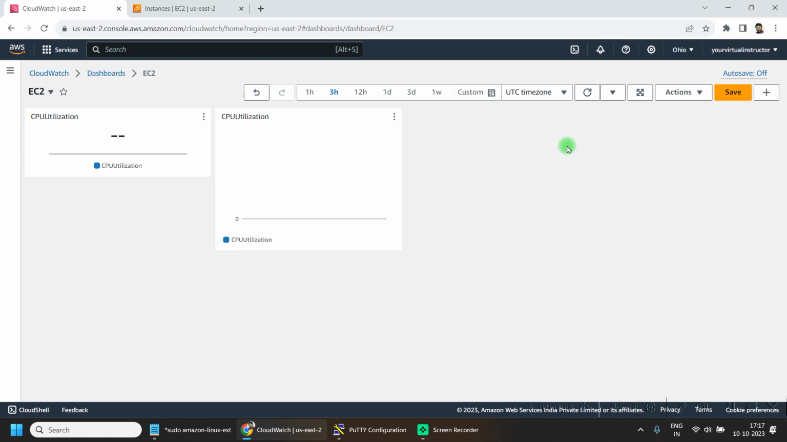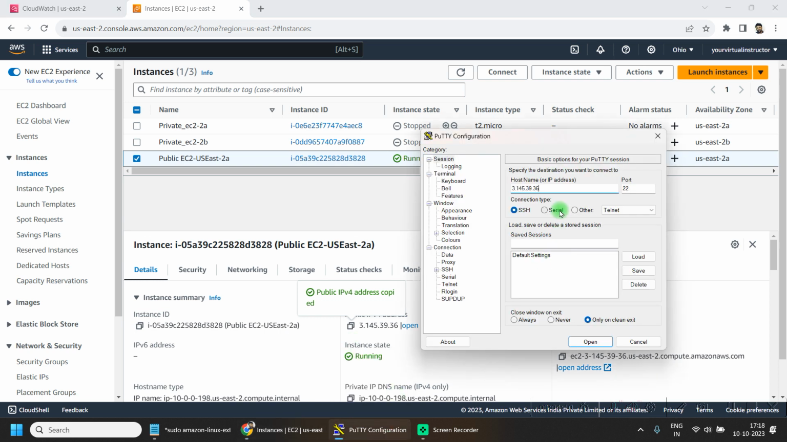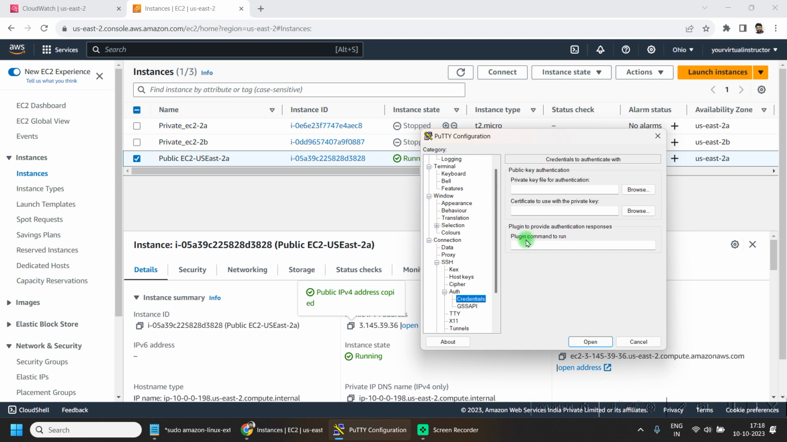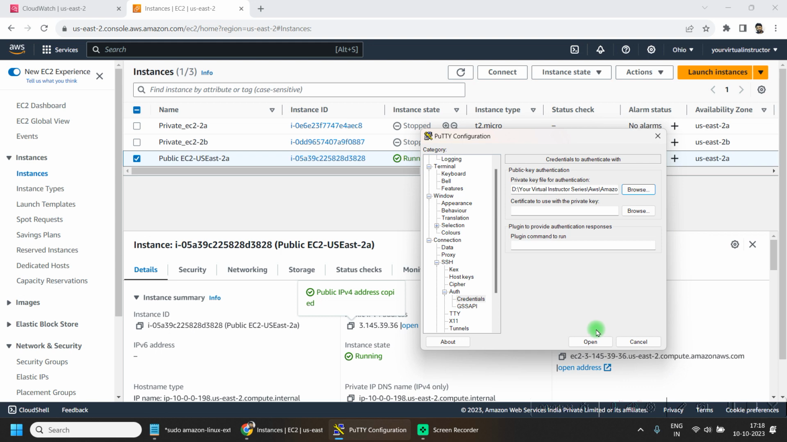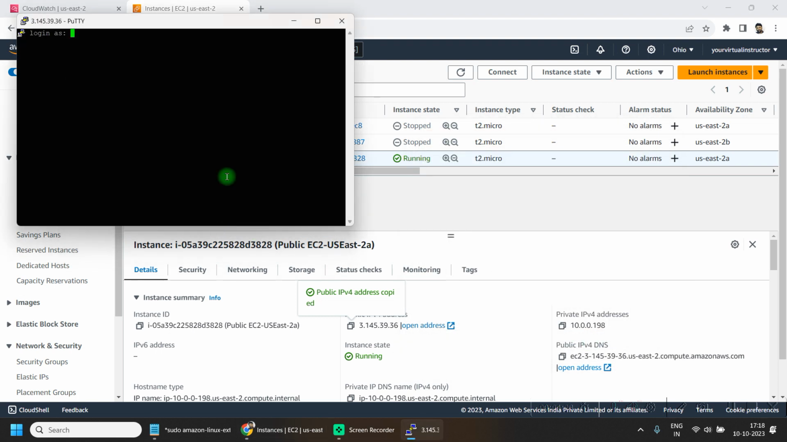Now we have to generate some data to be visible in the graph. So for that, let's go to the EC2 dashboard. Here let's copy our public IP, and here let's open the PuTTY client, and from the left hand side menu click on SSH, go to the auth credential, and here select the private key file for authentication. Click on open, type the username ec2-user,